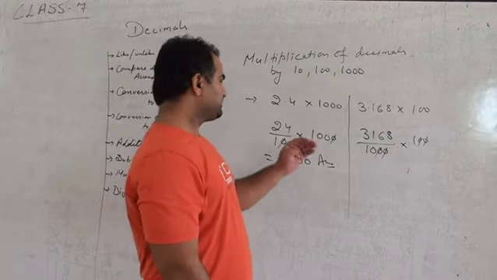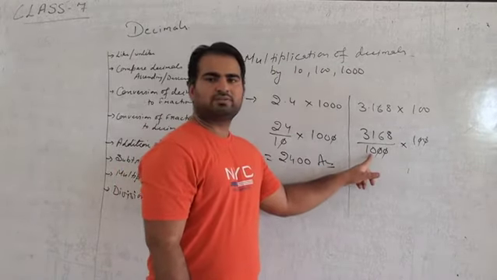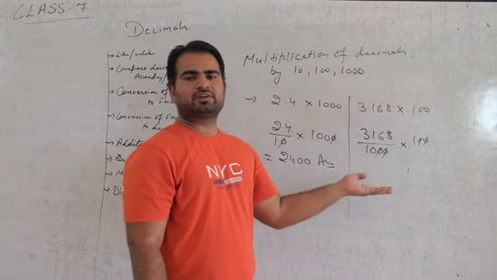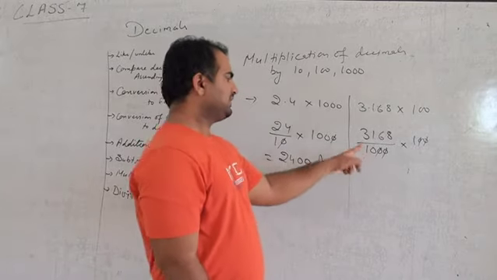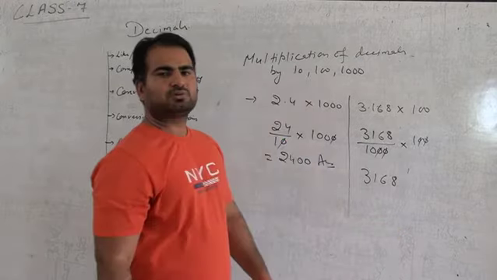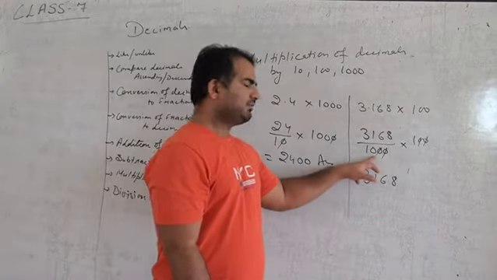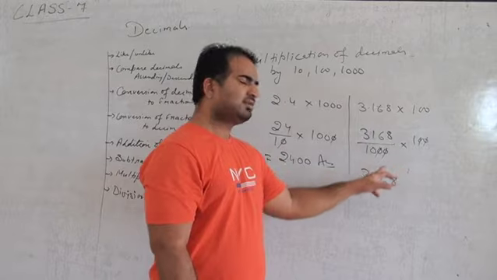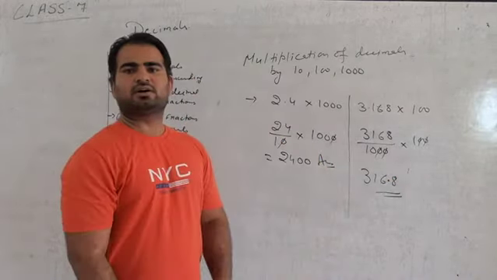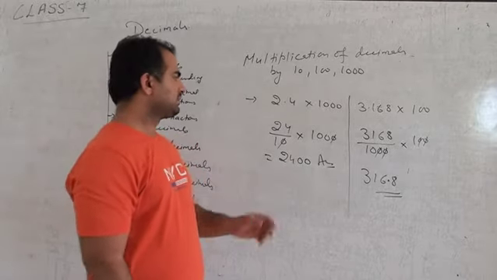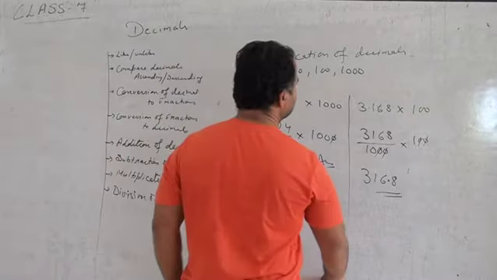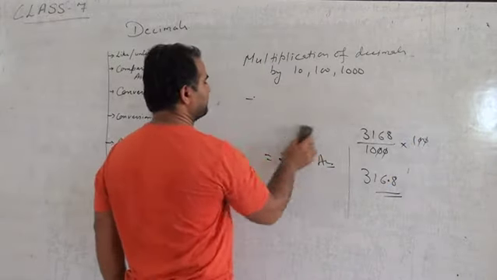Okay, listen class, what we have to do is not divide this by 2. Otherwise we will have 5 in the denominator and we cannot place the decimal. This will be easy. We have 3168, and you know how to place the decimal. Only 1 zero is there, so we place the decimal 1 digit from the right. It will be 316.8. This is the final answer. Okay class? So you know how to multiply by 10, 100 or 1000. Now we have to divide a decimal number by 10, 100 or 1000.